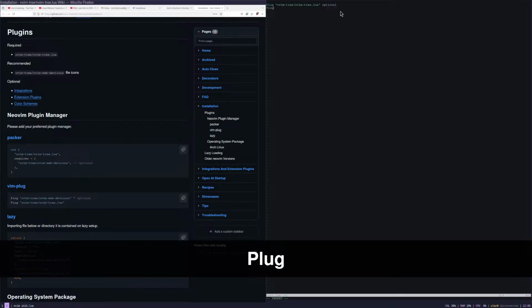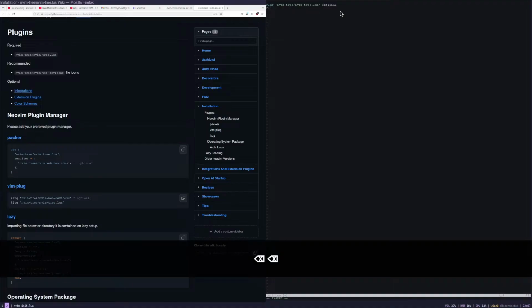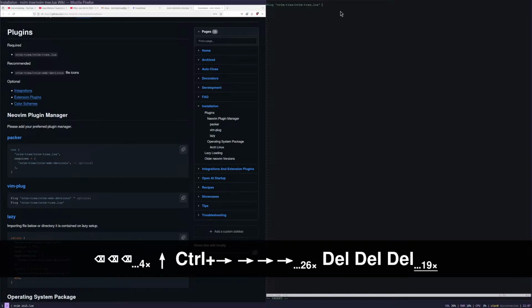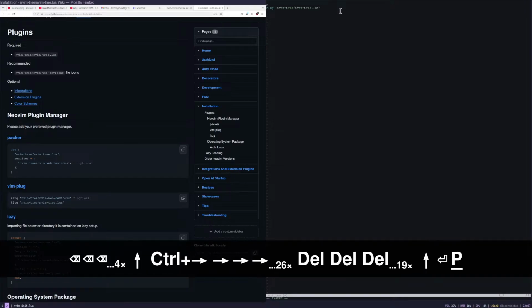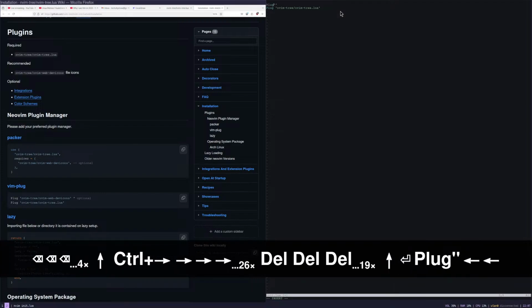Plug. Okay, so that's the web devicons. So that's icons, and that's optional. So just to make sure it works, I'm just gonna do that too. So plug, double single quotes,